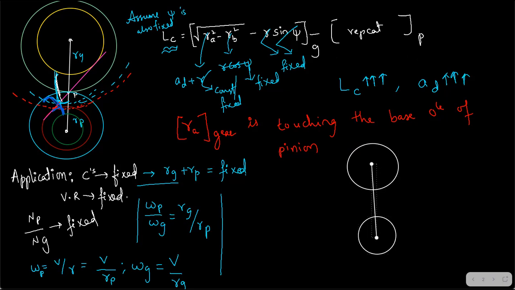and then we have the line joining the centers. Yes, this is the line joining the centers. And then you have the common normal at the point of contact. This is the common normal at the point of contact, the normal to the teeth, and the same line is tangent to the base circles also. Fine. And then we have the pitch point here, which is P. Now I'm going to further increase the addendum radius of the gear. This is the gear, this is the pinion. Whatever I'm discussing for the gear is equally applicable for the pinion also, but we are only discussing one case.